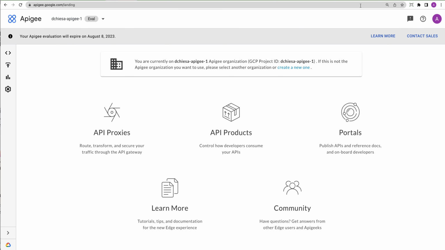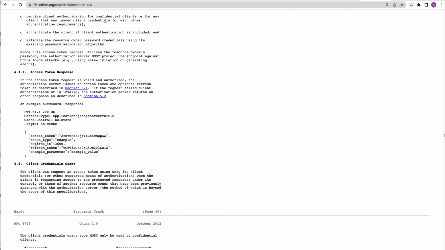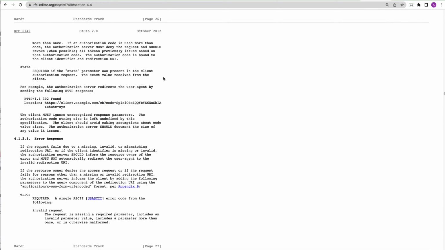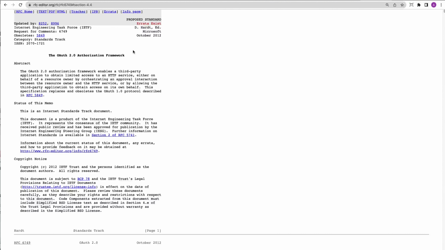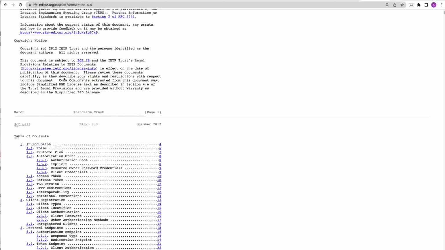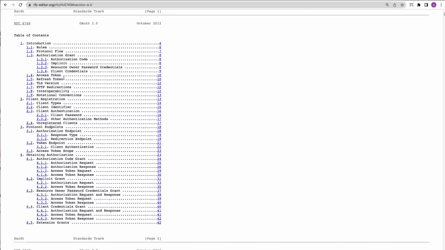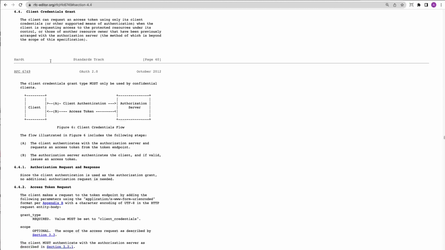OAuth was originally defined about 10 years ago in an IETF RFC 6749, which I'm showing here. It was finalized, I think, in October 2012. There have been some updates since then, but most of this still applies. It describes how you can create an application that requests a token and then uses an access token to request service. The thing that we're going to be focusing on today is the client credentials grant type, in